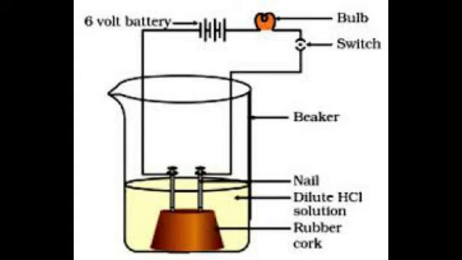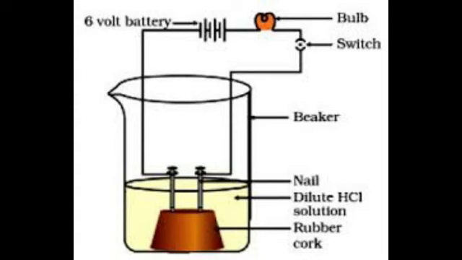Now we take an acidic solution and place it inside the beaker. Now the switch is turned on so that electricity can pass through it. And as this switch is turned on, we observe that the acidic solution in water will conduct electricity, because of which the bulb is turned on. Now let us use the basic solution. The base is placed inside the beaker, and the switch is turned on for the flow of electricity. Now what we observe is that even a basic solution in water conducts electricity, and because of this the bulb glows.